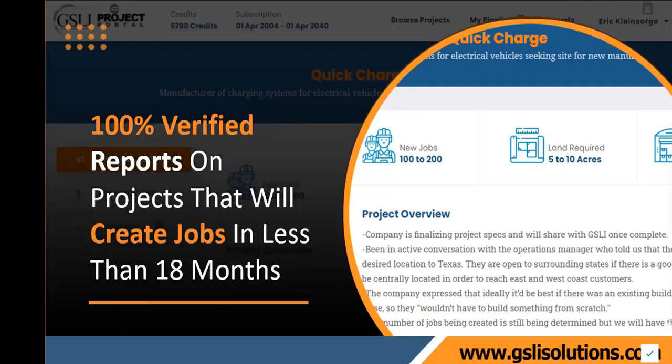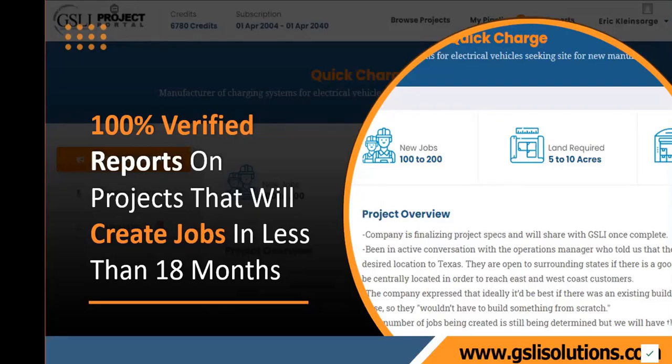The importance of our whole system is the confidence our clients have. They are 100% verified by our team that they will create jobs in less than 18 months. And not only that, there's some other qualification factors. They have to at least need 10,000 square foot of space.